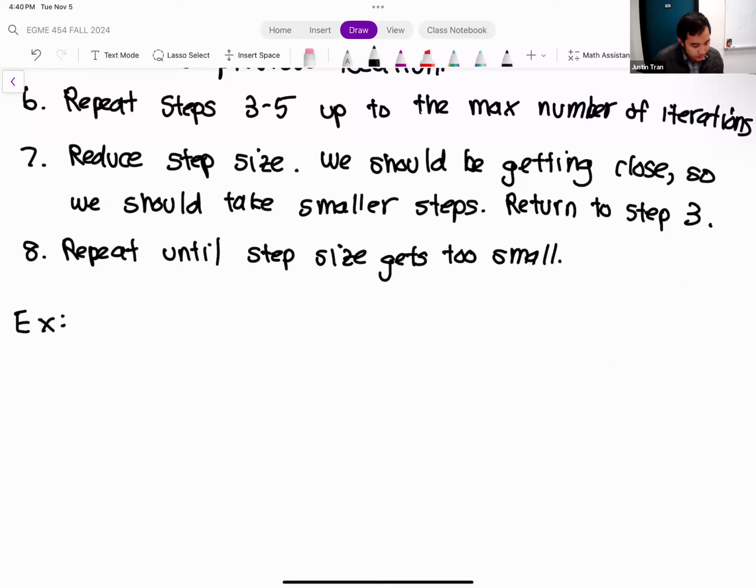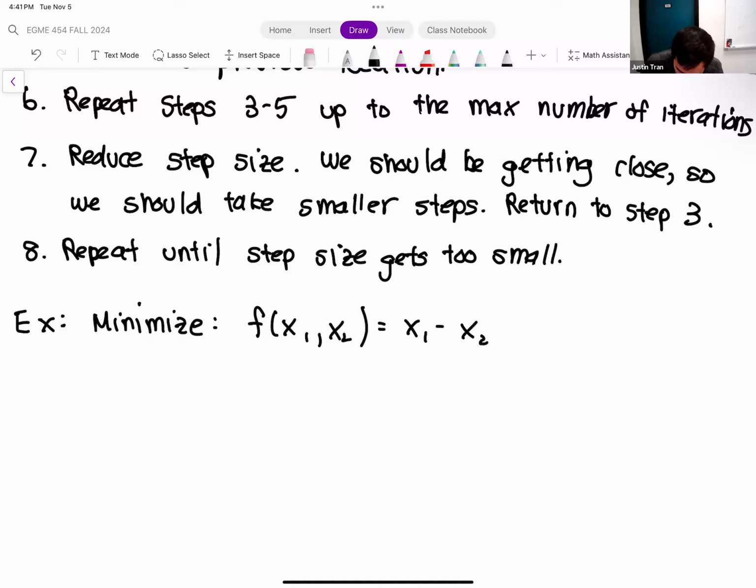Okay, example. So let's say that we want to minimize the following 2D objective function. We have minimize f of x1, comma x2 is equal to x1 minus x2 plus 2x1 squared plus 2x1 x2 plus x2 squared.